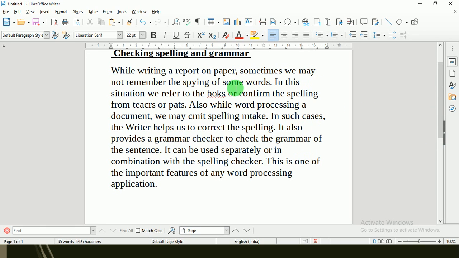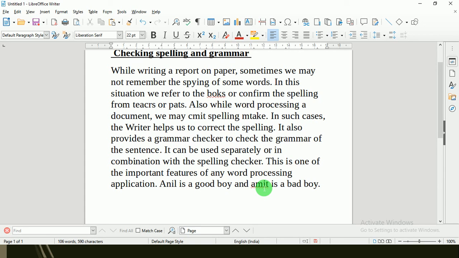There is one thing also, beta. If I write Anil is a good boy, and Amit, as you can now see, there is a red underline in Amit, because Amit is not a dictionary word.